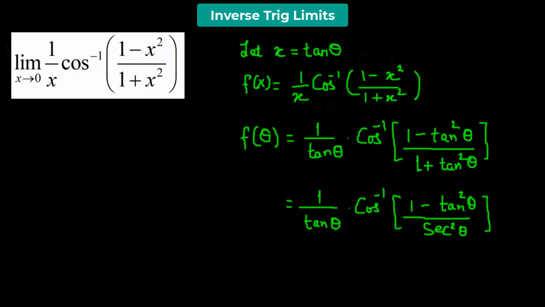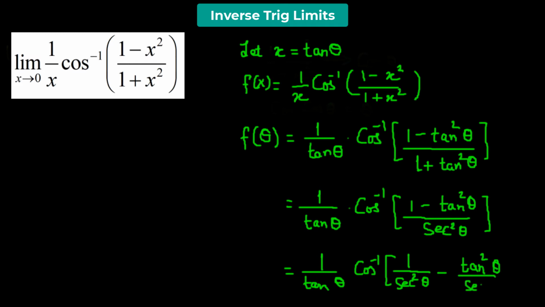So now the denominator is reduced to a single term from two terms. Now we can easily separate the two terms in the numerator. So we have 1 over secant squared theta minus tangent squared theta over secant squared theta,